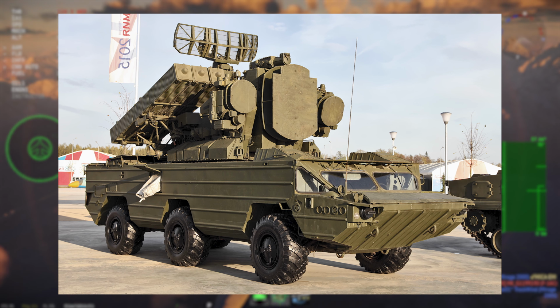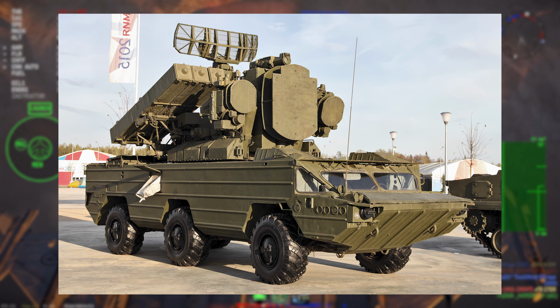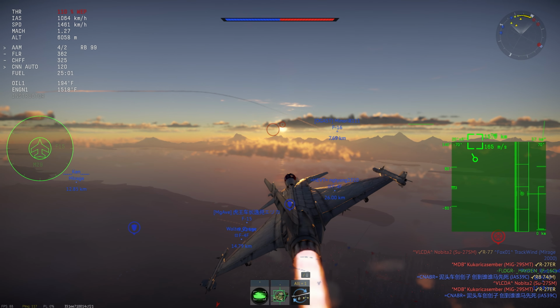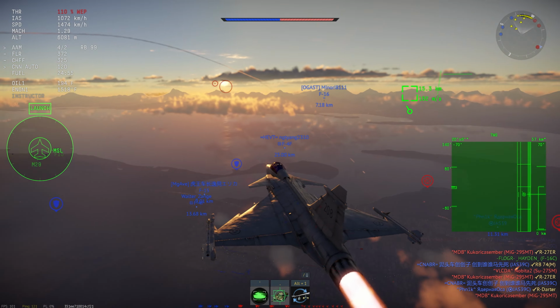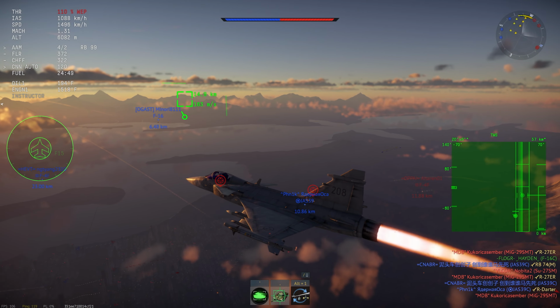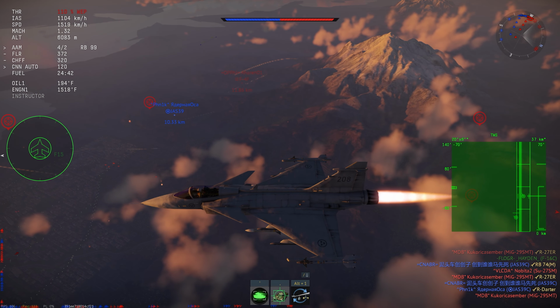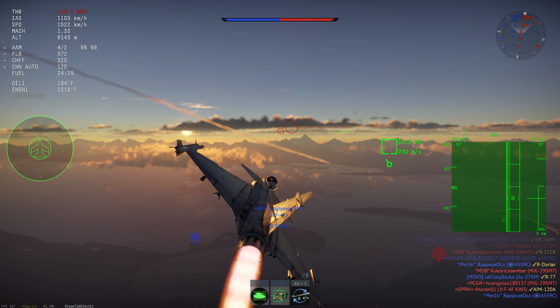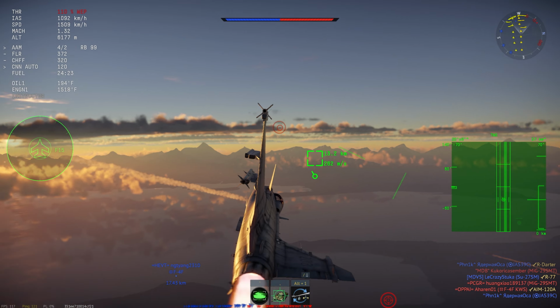Next we have the 9K33 OSA AKM for Russia. The OSA AKM is a 6x6 anti-air vehicle that can carry 6 missiles. Assuming it gets the best missiles it can get, which it most likely will, it means the max range will be about 12 kilometers. I guess this would go in between the 2S6 Tunguska and the Pantsir, probably around 11.0